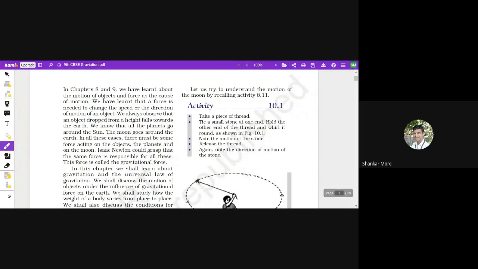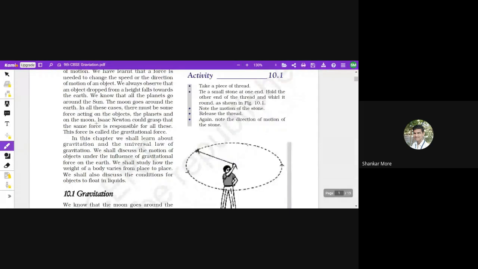We are going to learn about gravity itself, right? So who has discovered gravity? It is obviously Isaac Newton. Everybody knows that, right? So we are going to know the concept and how the scientist, Isaac Newton, discovered gravity. And we are going to learn about formulas and mathematical calculations as well. So in this chapter we shall learn about gravitation,